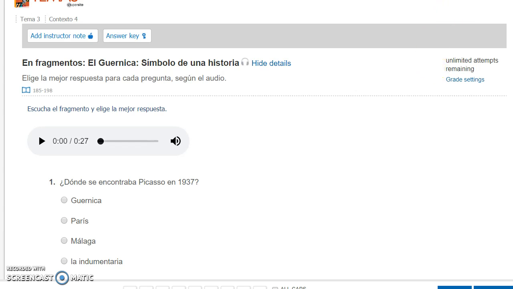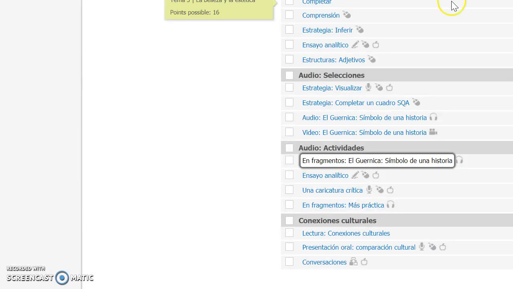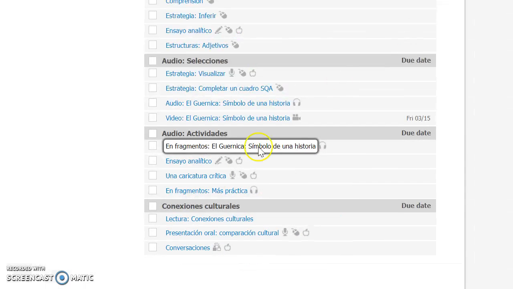to have it basically in small chunks. And then if we look here, we have a couple other activities as well, and then another en fragmentos. So this is how you'll find the audio. To give you an example, this is of course just one of the pieces of audio in the new program,